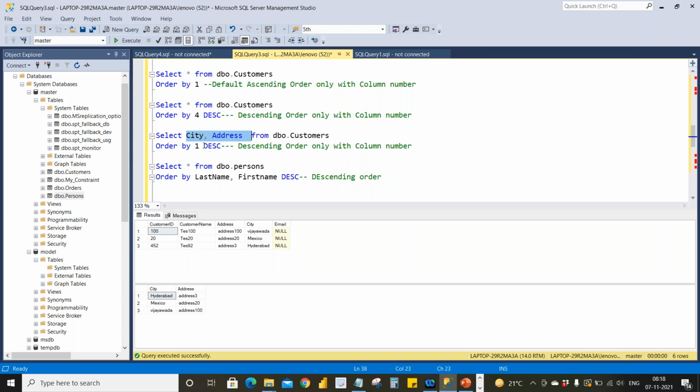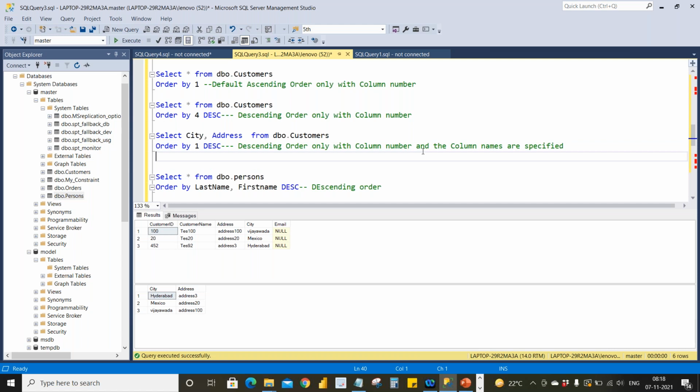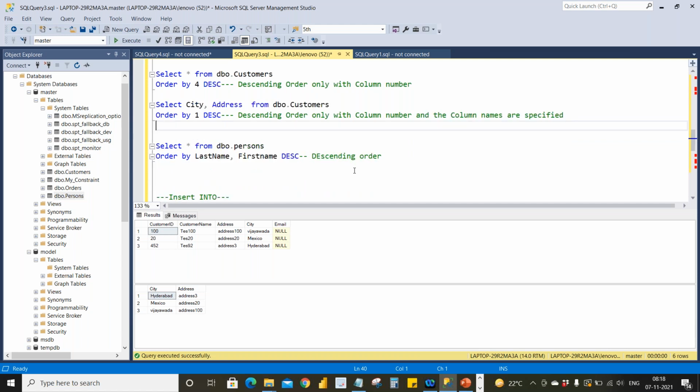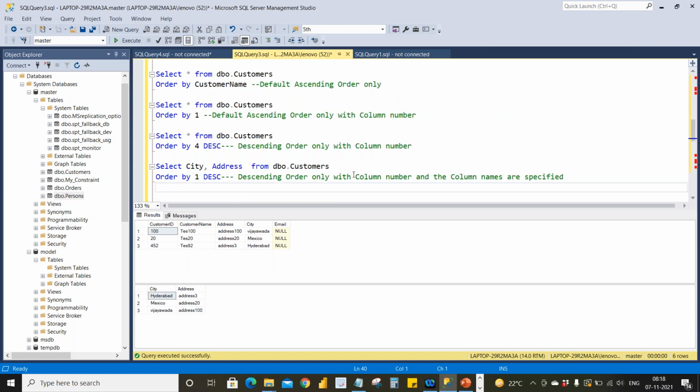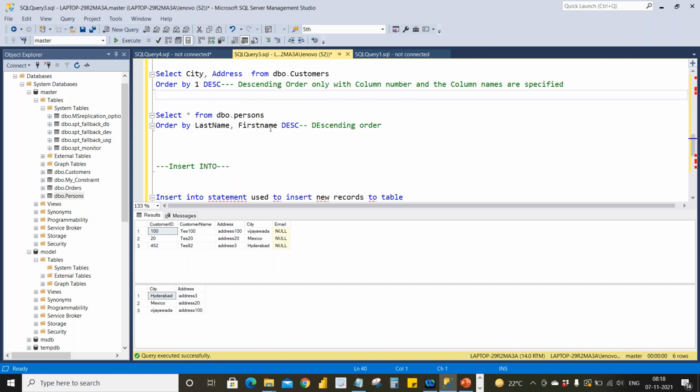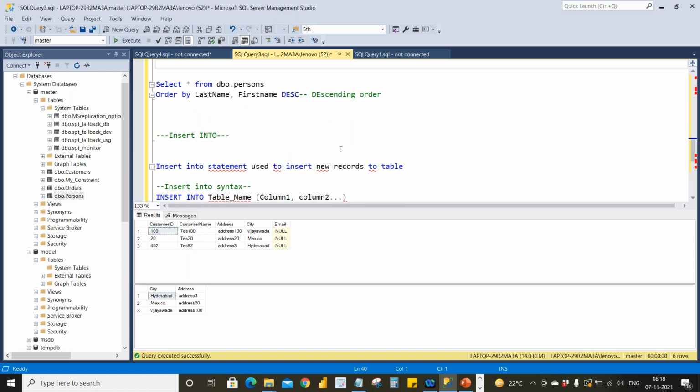Now, these are only 1 column or 2 columns, right? We will see 2 or more columns in the order by clause, how it will behave.